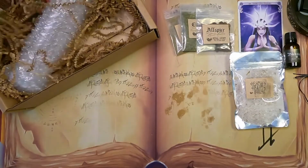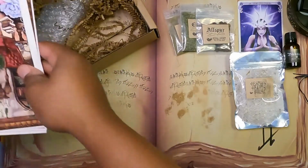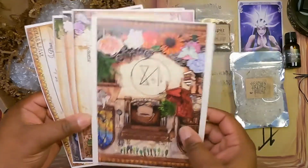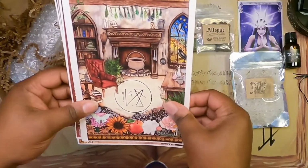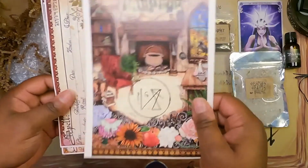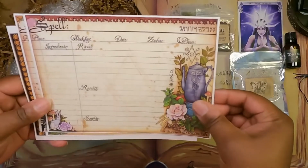Oh, here we go. For my people that know about the Witch's Moon, I was wondering where the Grimoire Art is. It's usually right on top. So we have a lot. Okay, let me see here. So we have a sigil. And I'll make sure to look in the paper to see what everything is. And then we have,